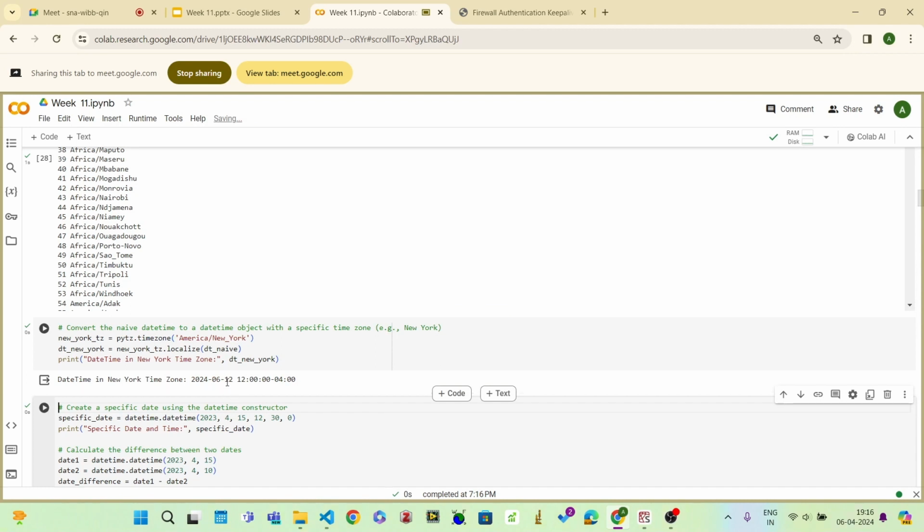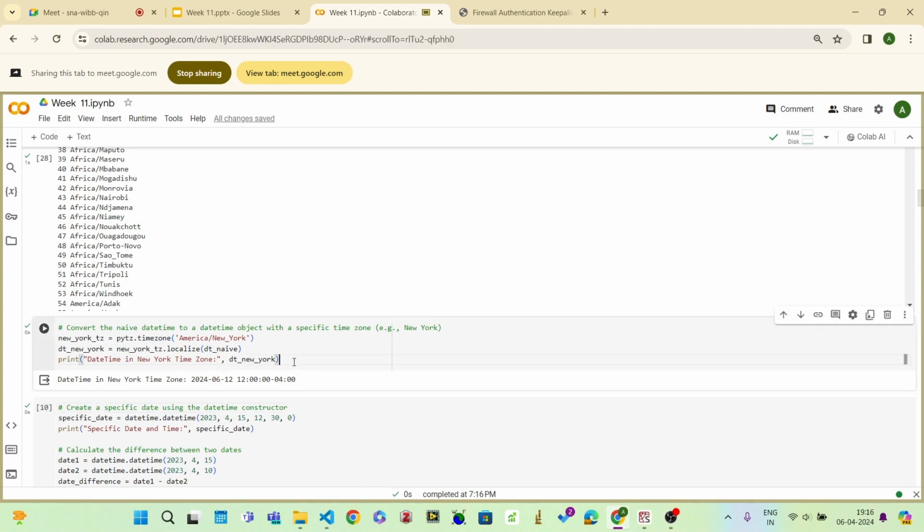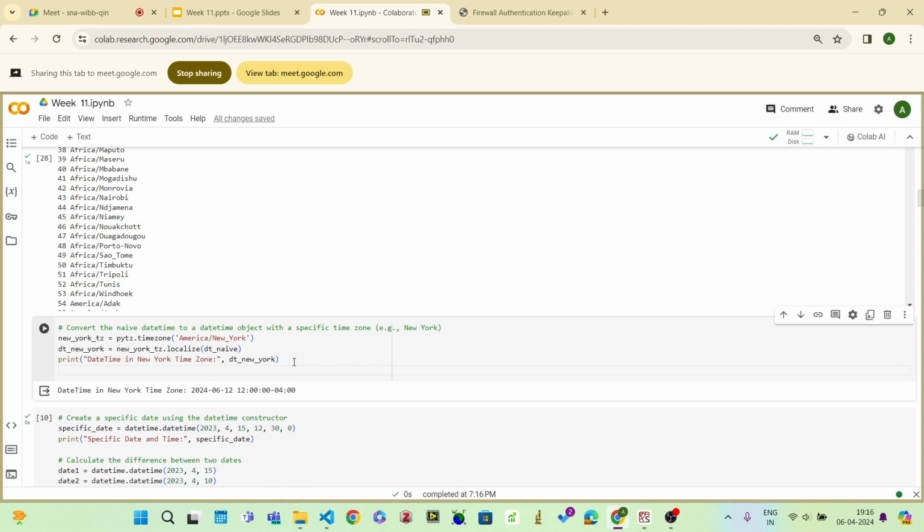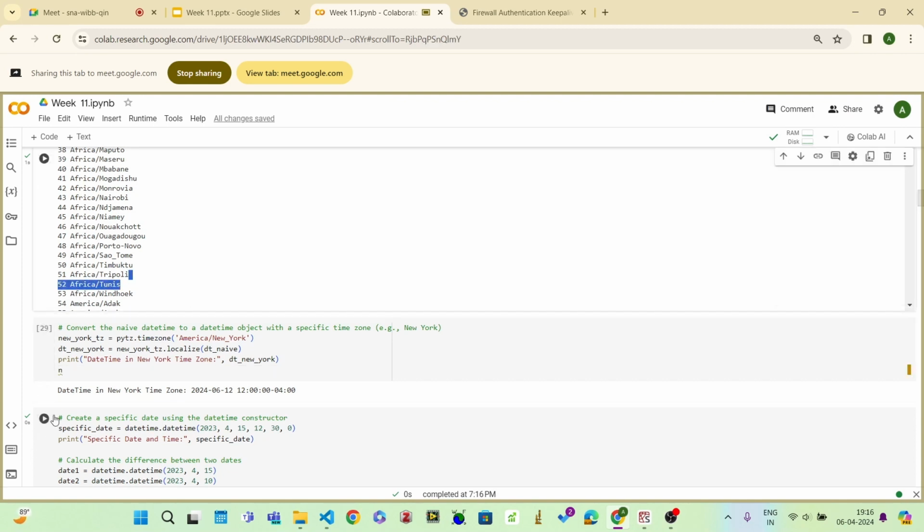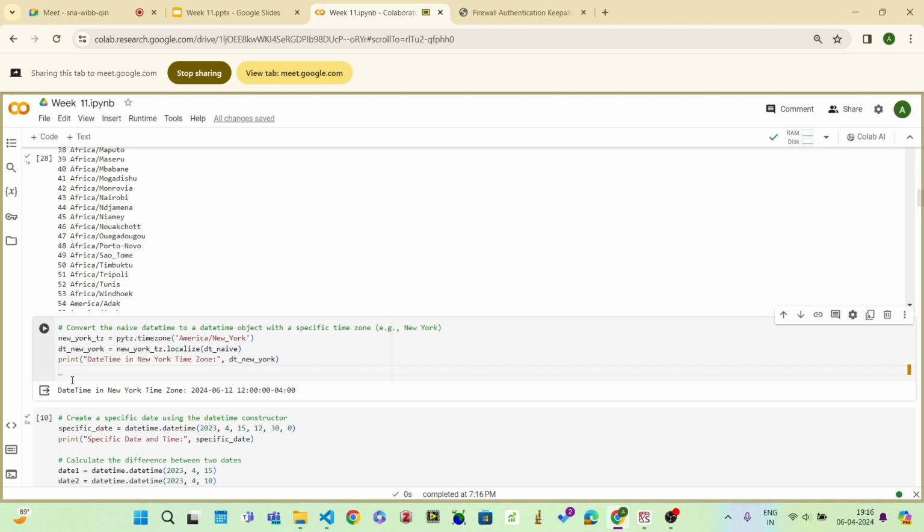So it is saying that it's 2024 6/12, but let us also see the new one. Let's say we want to see the time zone here, the same time. So we can say theta is equal